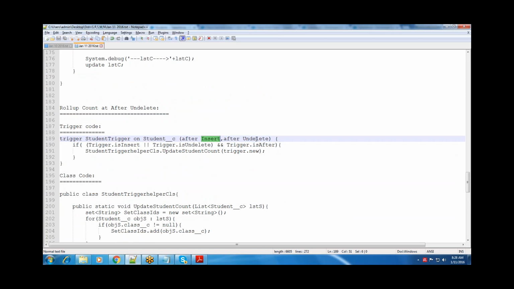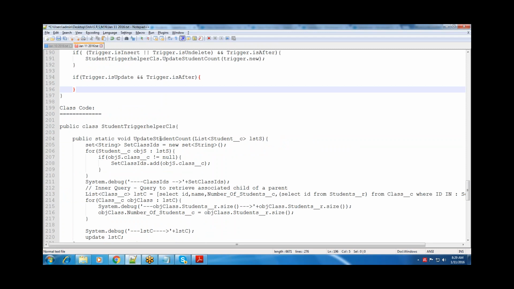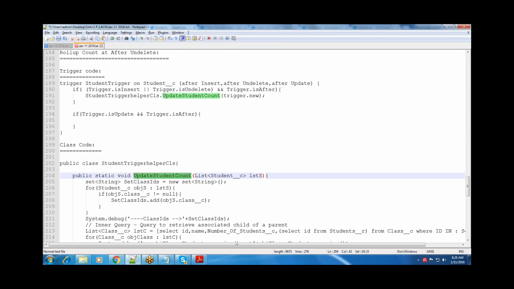So these are the two events. I'm adding one more event, after update. It's an after update event. In the after update event, I'm writing a context: if Trigger.isUpdate and Trigger.isAfter, it is the after update event. Update count at insert. The method is update count at insert,